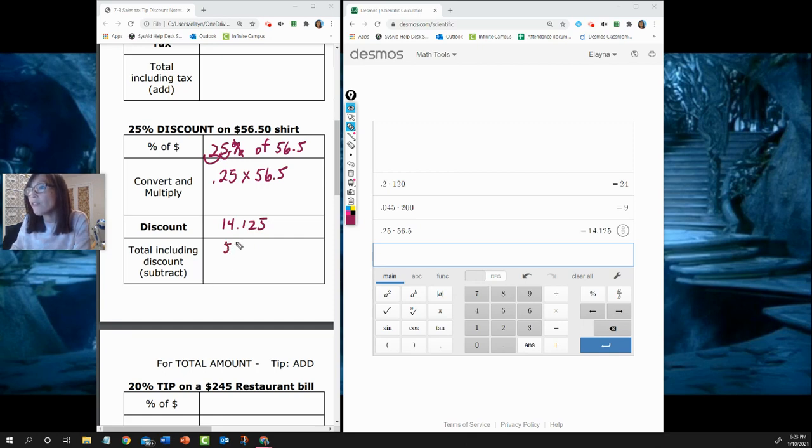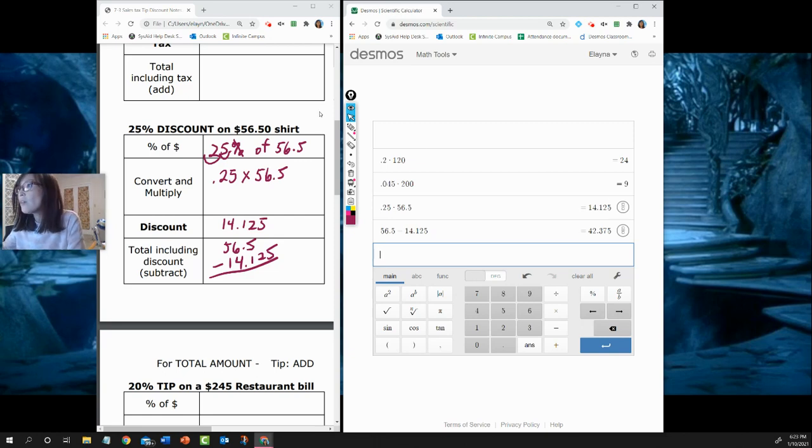So I need to take 56.5 and subtract 14.125. So when I do that in my calculator, I get 56.5 minus 14.125, and I get 42.375. 42.375 needs to be rounded, 42.38. So the 5 reminds me to make that 7 an 8. So how much am I going to pay the